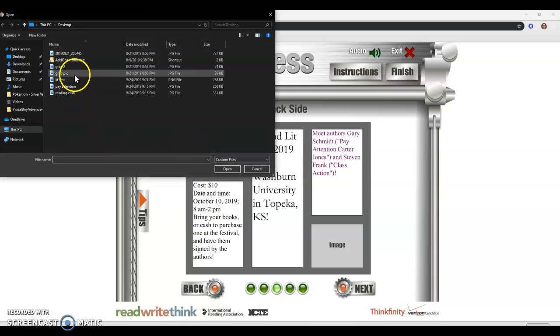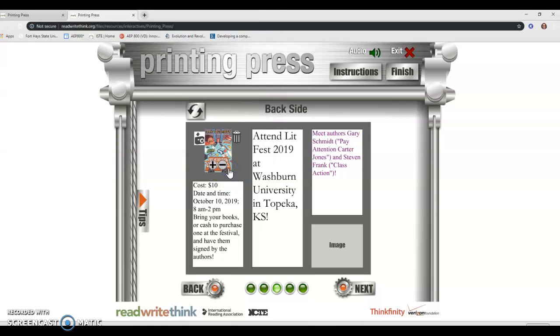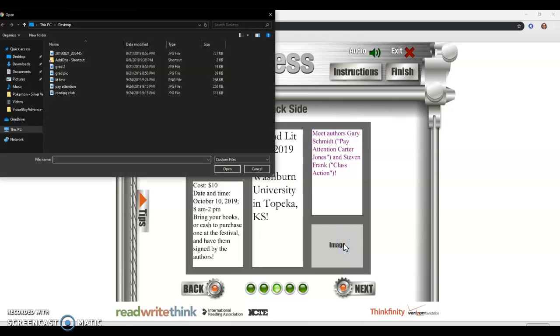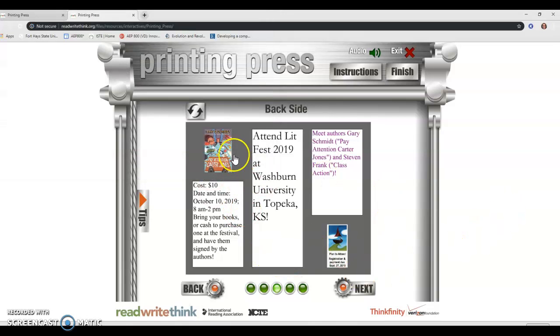And I'm just going to add some images for the books. I'm not sure for my other images. So I'm just going to add a second picture of my Lit Fest here. So now that I have this all set up,